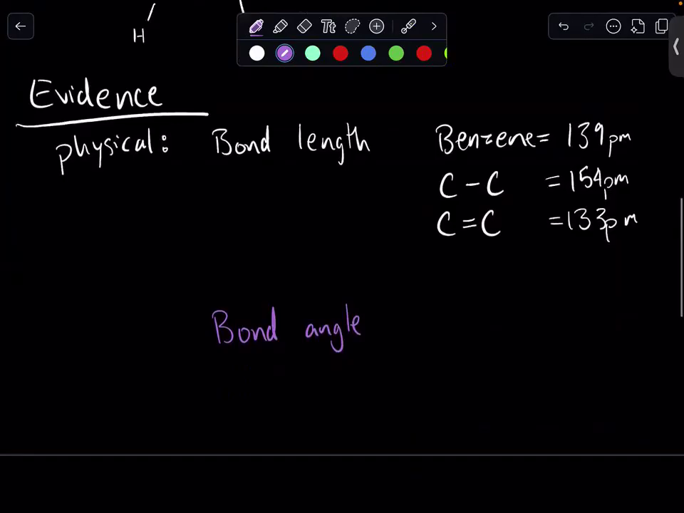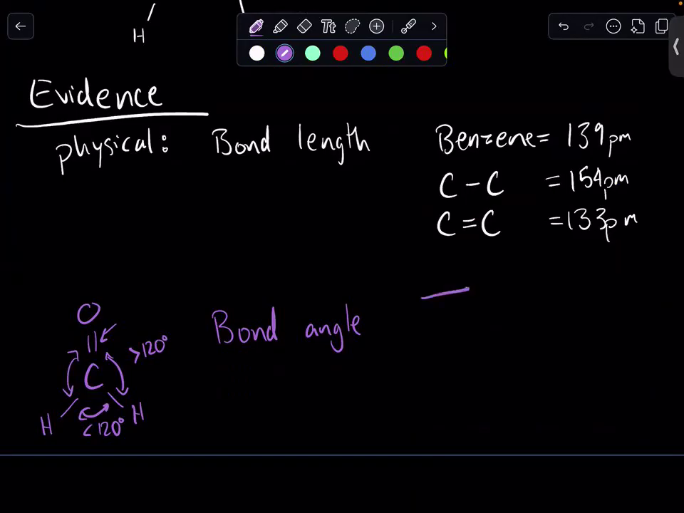A weird thing about bonding is if we have carbon, double bond, single bond, and let's say this is oxygen and we have two hydrogens. These hydrogens would actually be less than 120 degrees, while the oxygen-hydrogen bonds would be greater than 120 degrees. That's because there is a larger electron density in the double bond, forcing a more repulsive force than just single bonds. However, in this hexagonal structure of benzene, if we look at a perfect hexagon,